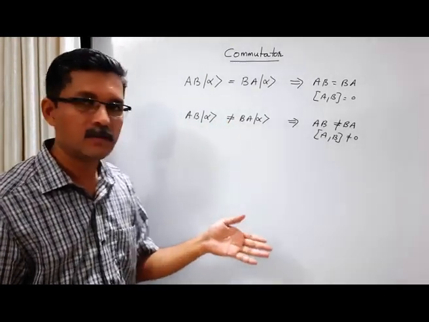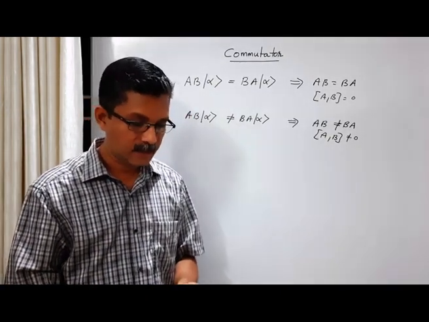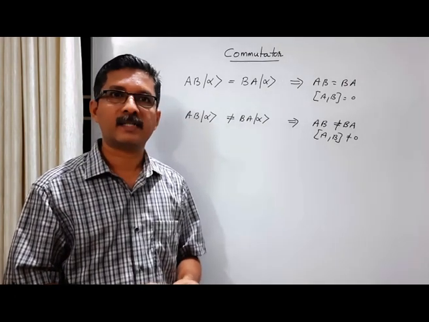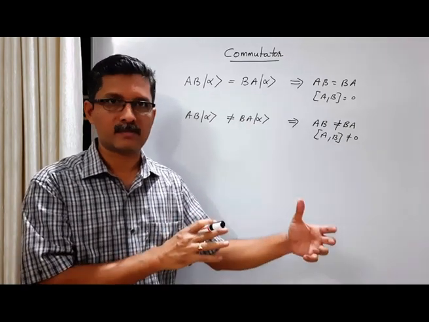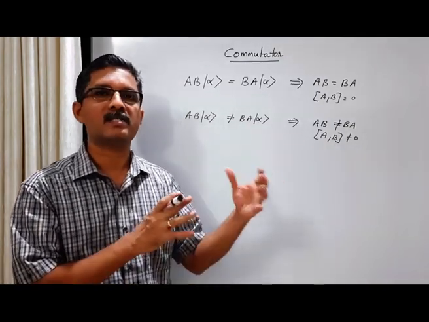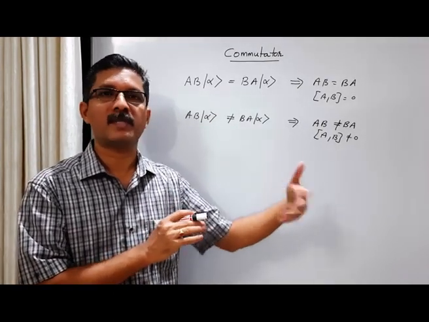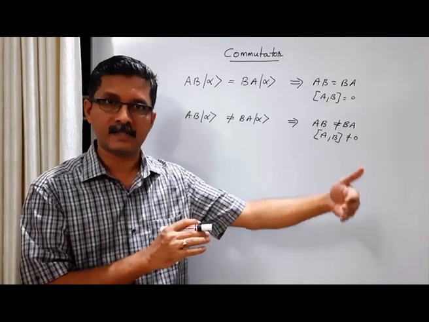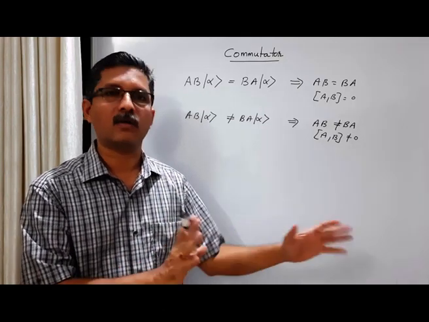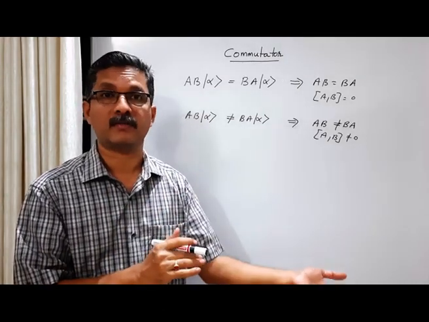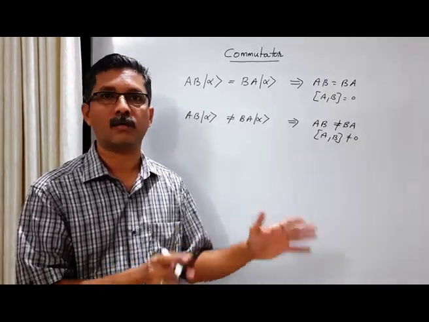For example, in the sequential Stern-Gerlach experiments regarding Sz and Sx that we have discussed, if we can show that Sx Sz acting on a particular ket vector like Sz plus, as in our example the initial state was Sz plus, is different from Sz Sx, changing the order, acting on the same ket vector, then we can say that they are non-commutative. We don't have to show it for any other vector also, because if we show it for any one vector in the vector space, it means that they are non-commutative.